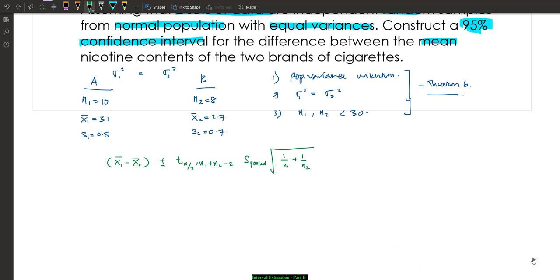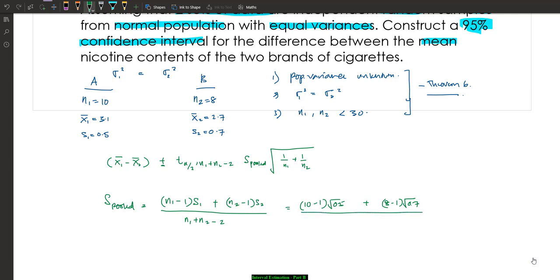So let's calculate the pooled standard deviation. The pooled standard deviation is the square root of n1 minus 1 multiplied with s1 squared, this is the sample variance, plus n2 minus 1 multiplied with the variance for group number 2, and then divided by the degrees of freedom, n1 plus n2 minus 2. So this should be equal to 10 minus 1 times 0.5 squared, plus 8 minus 1 times 0.7 squared, divided by the degrees of freedom, 10 plus 8 minus 2. So this is going to lead us to